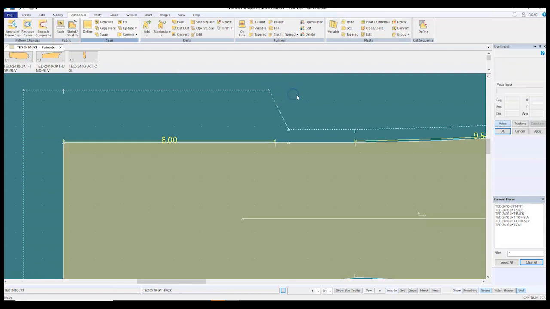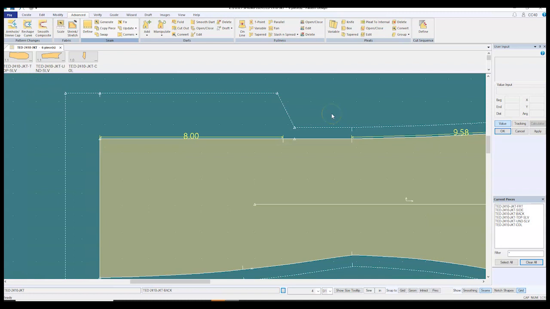Right click, OK. Good. Got that? Okay. Last thing